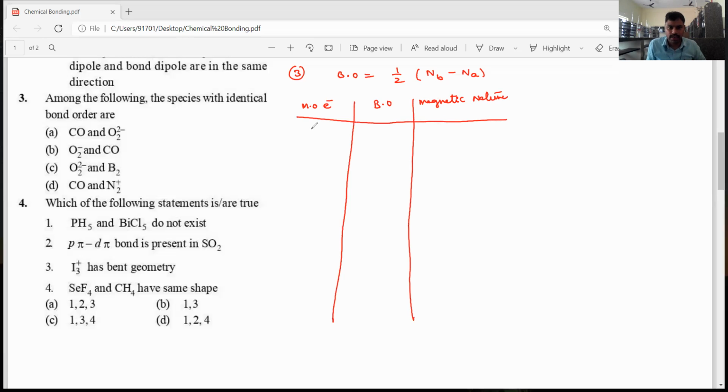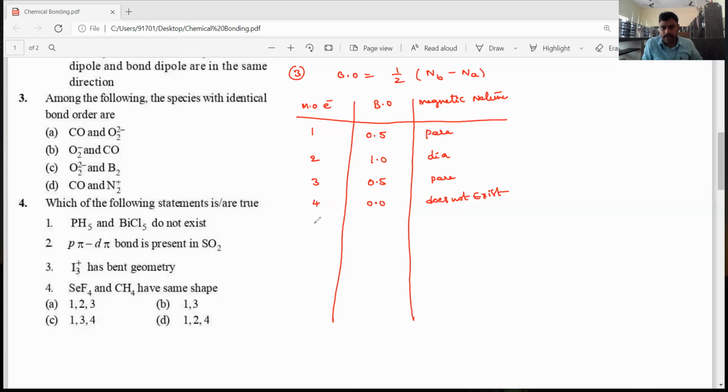So for example, if one electron is present, its bond order is 0.5. If the electrons are entering into the bonding molecular orbital, the bond order increases by 0.5. If the electrons are entering into the anti-bonding molecular orbitals, the bond order decreases by 0.5. The nature is paramagnetic. If two electrons are present, the bond order is 1.0 and the nature is diamagnetic. If there are 3 electrons, the third electron enters the anti-bonding orbital, so it decreases by 0.5, giving 0.5 and paramagnetic nature. If 4 electrons are present, it is 0, and the species does not exist.